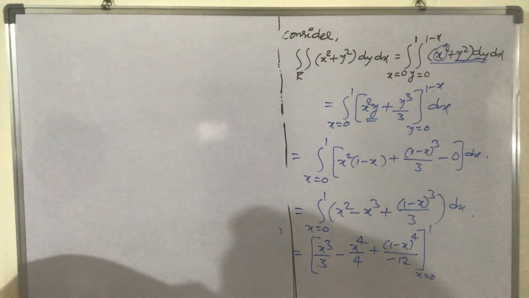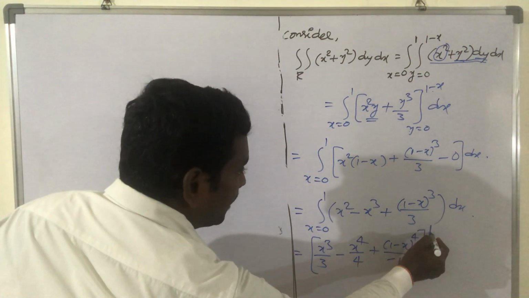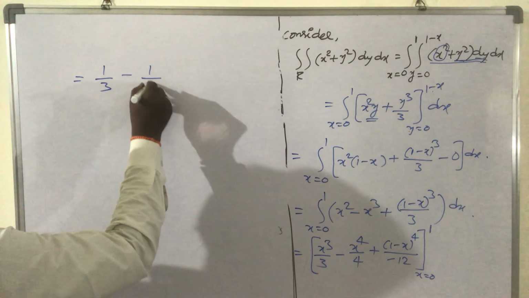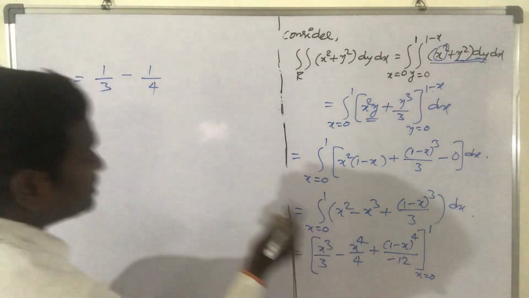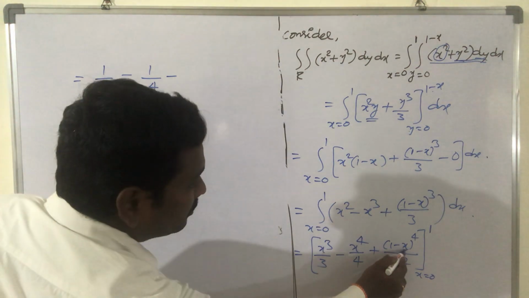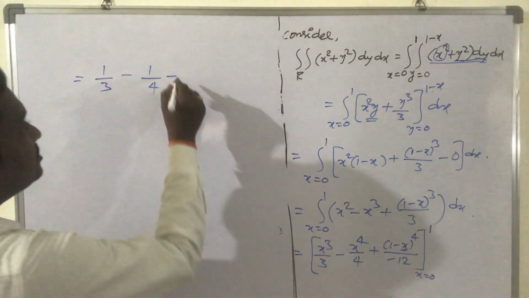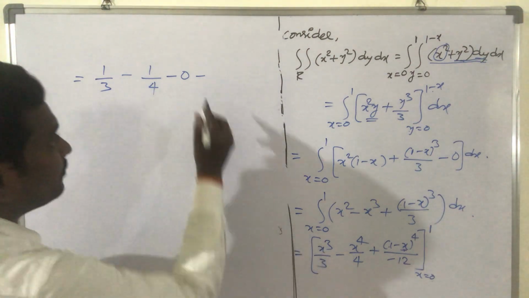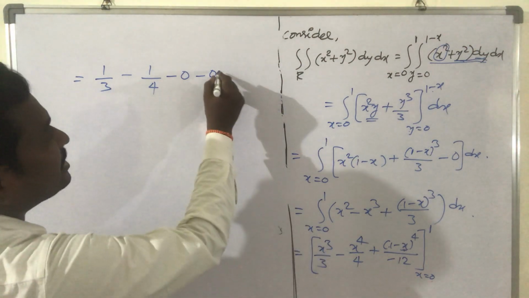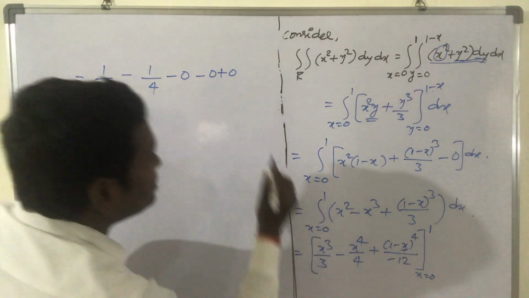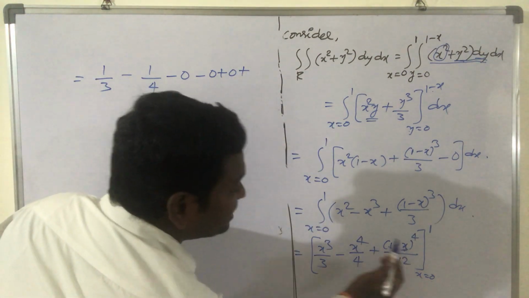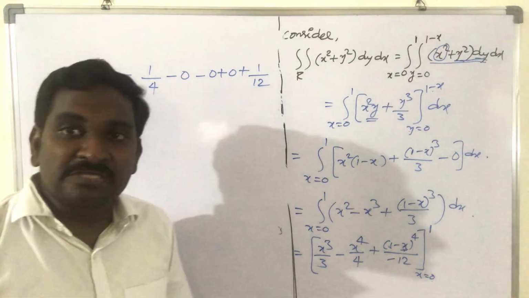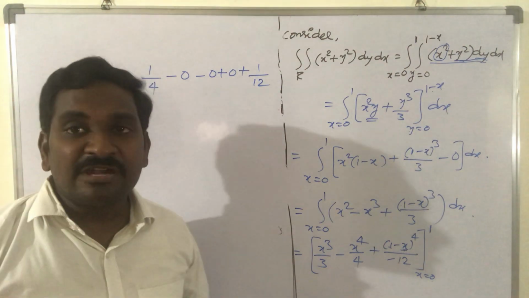First apply the upper limit. Whenever we have x, you can blindly apply the upper limit 1. So you will get 1 by 3 minus 1 by 4 plus into minus, minus. By substituting x is equal to 1, already here we have 1 minus 1, 0. And don't forget to apply the lower limit, which is x is equal to 0. 0 by anything, 0. Minus of minus plus 0. And again we have minus of minus plus. But here we have 1 minus 0, 1 by 2.